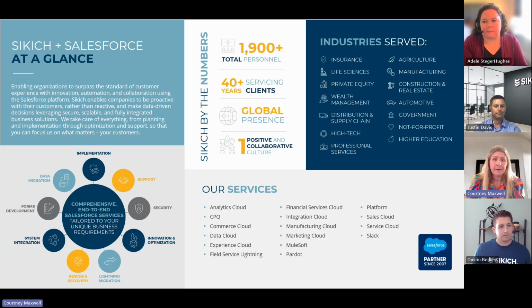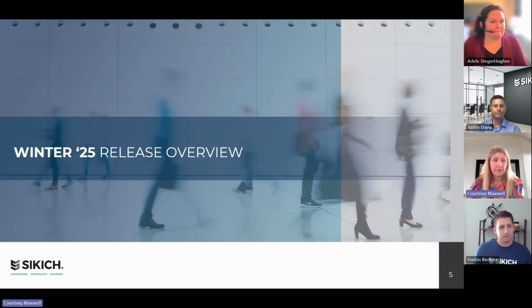We have a focus within the Analytics Cloud, the Commerce Cloud, Data Cloud, Experience Cloud, Field Service Lightning, the Financial Services Cloud, Manufacturing. And if you can see in this box right here, these are all of the different industries that we are specializing in. So we have products that can meet all of these different industry needs, and we are really excited to share our solutions with you. And with that, I'm going to turn it over to my teammate for the Winter 25 release